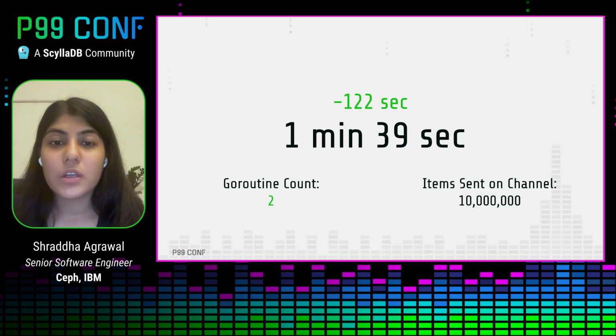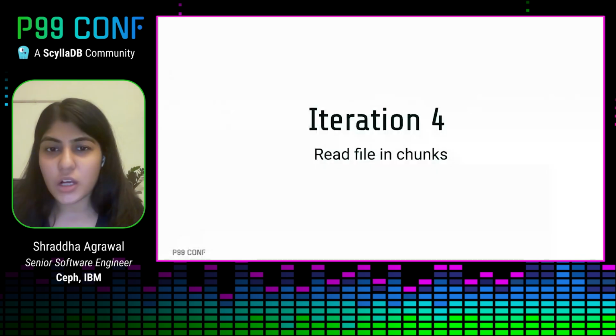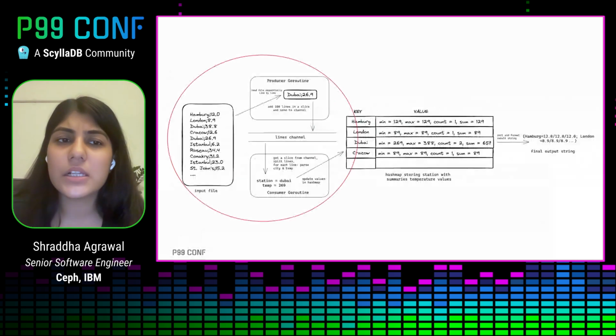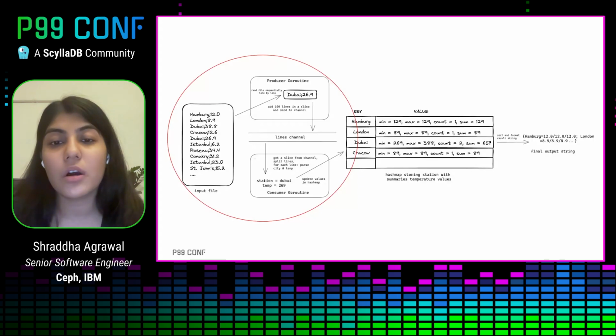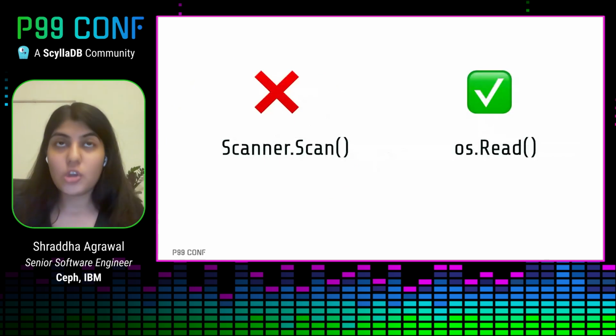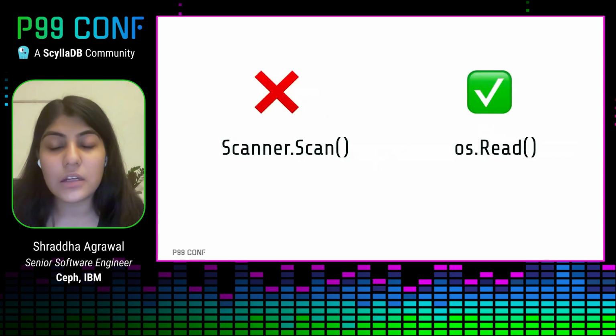So let's now read the file in chunks. In this first bit here, we're still reading the file sequentially, and because we're using scan, we're still iterating over whatever is being read twice. Once while we're reading it, and the second time when we're using scan, when Go is trying to figure out where's the next white space character and then stripping it. So looking at the code that is internally used in scan, it actually calls os.Read. And since we don't really want all of these helper things that scanner is doing anymore, let's just directly use